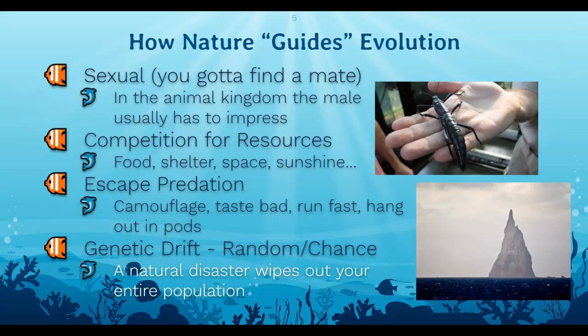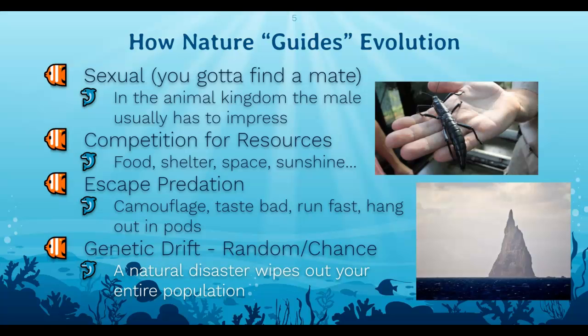You also have to escape predation, or being eaten. I guess plants aren't really trying to escape predation. They're not running away or hiding. But sometimes they'll taste bad and they'll have spikes on them to try to keep things from eating them. Like cactus have all the spikes because that way it's harder to eat them. So there's ways to escape being eaten, and that means that you can have offspring and then those genes get